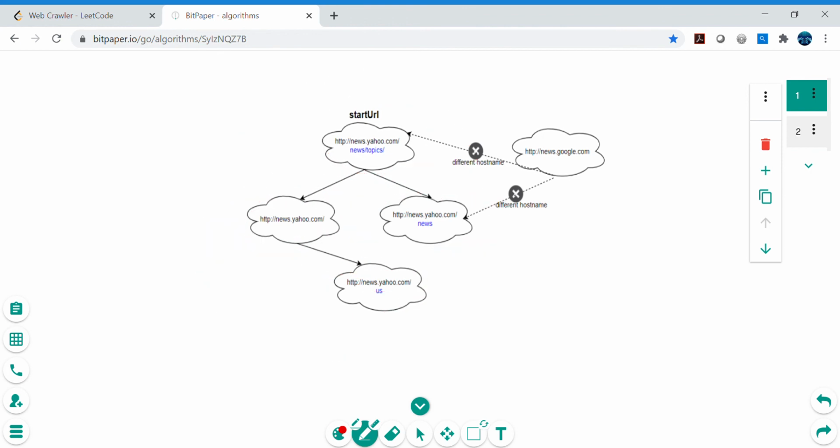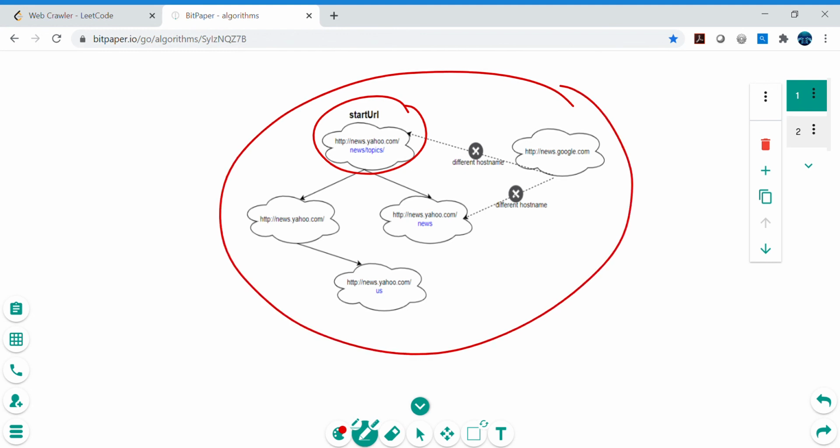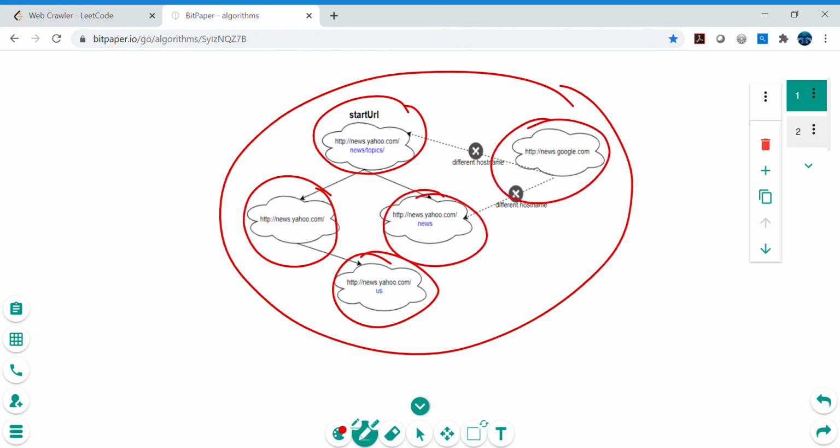Now how are we going to solve this problem, or what are the patterns or facts we are seeing while walking through this problem? The important point here is that we are starting from this start URL, and if we consider this whole structure as a graph, and consider these URLs in the cloud shapes as nodes of our graph, then we start from this start node and call some API, and that will give us this list.